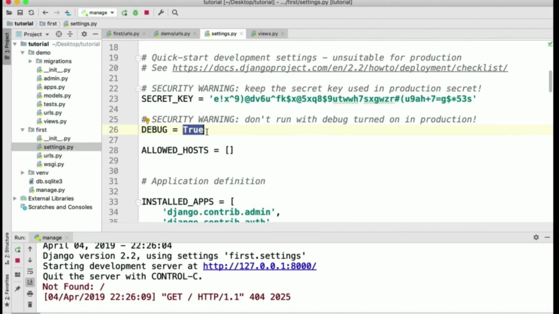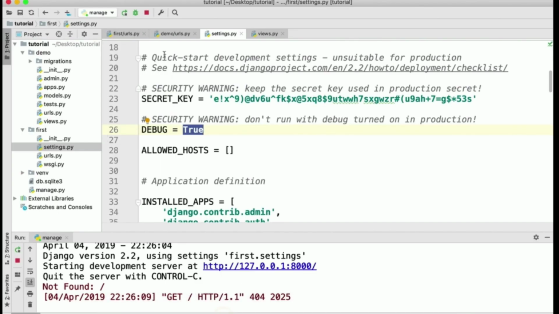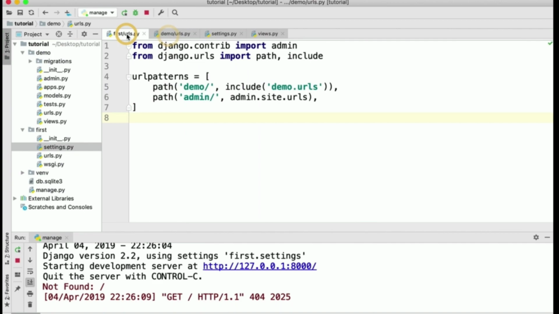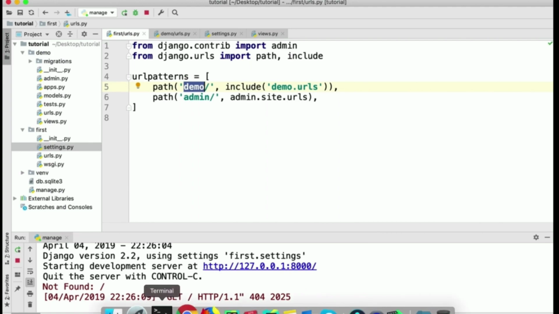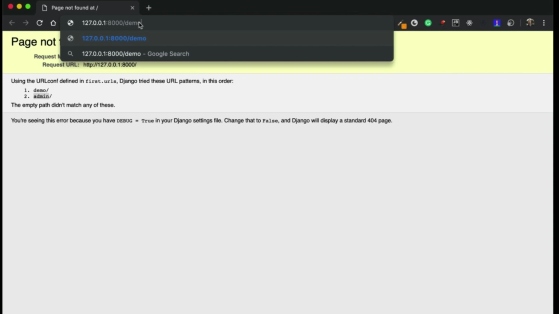So for us to work on the testing environment on our machine, we can have it true because it's actually very handy to see that kind of thing. So basically the URL without anything here is not acceptable anymore. We need to put demo or admin, and that's coming from our file, this one, URLs. So we have demo and admin. If we go to admin, we'll go to admin as we did before, but if we go to demo, let's see what will happen. So let's go to the end of our URL, demo,